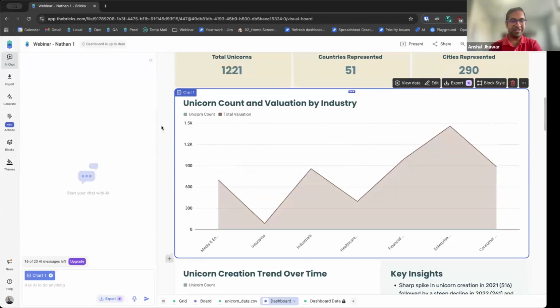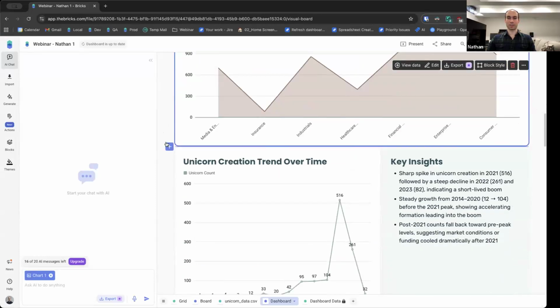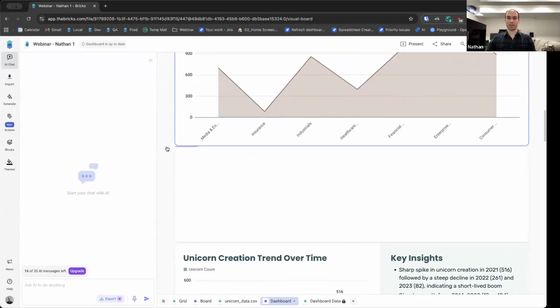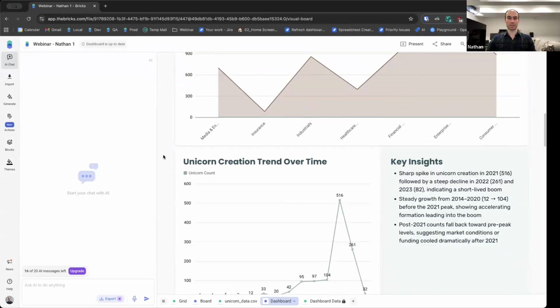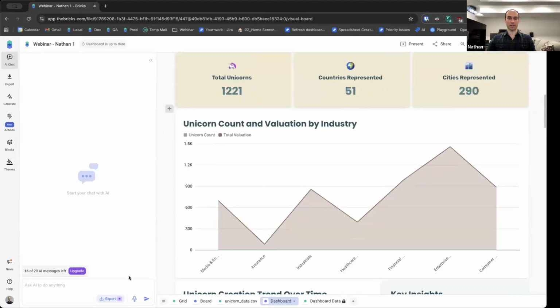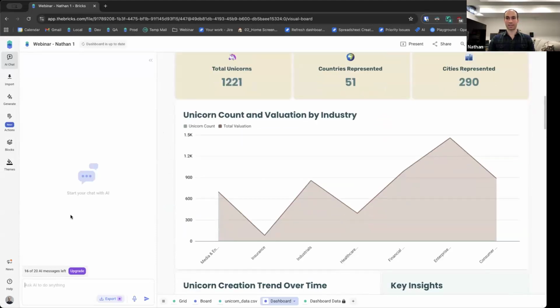That's nice. And Nathan, can we do these editing, or for example, I want to create a new chart. Can I do all these things with the help of AI? Yeah, of course. You don't have to do things manually. If you wanted manually, you could, for example, add a new row here, press add new chart, or add anything else you want. I'm going to remove this because I don't feel like doing it manually. I feel like using AI to make it for me. So I'm going to ask it,